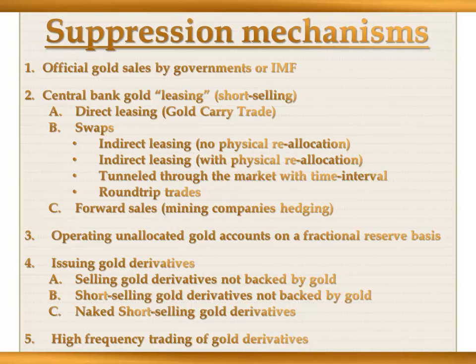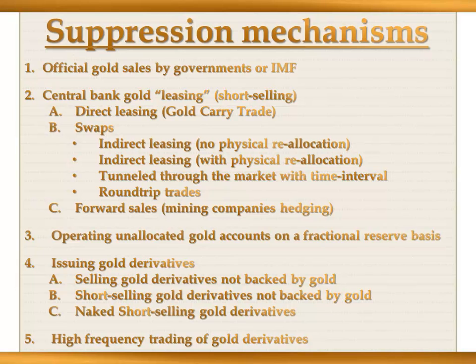The practices of leasing gold mentioned under number 2 are a lot shadier and are essential to understand. Then under number 3 we have the classic scheme of fractional reserve management, which we owe our current money and banking system to as well. And the sales of gold derivatives mentioned under number 4 that are not 100% backed by physical gold are the holy grail to maintaining the gold price suppression scheme over time.